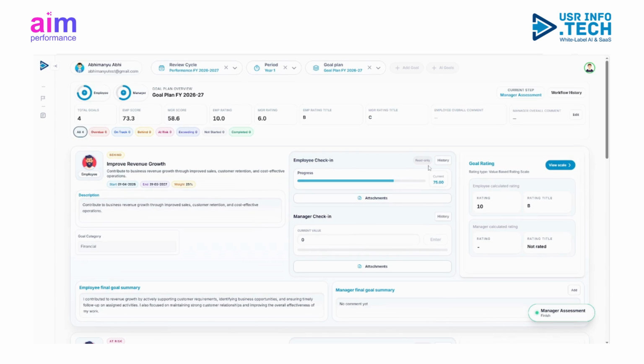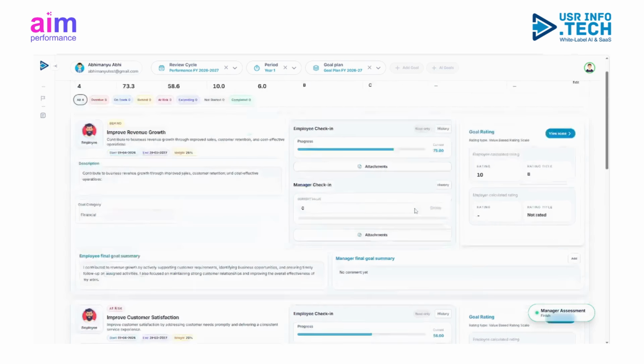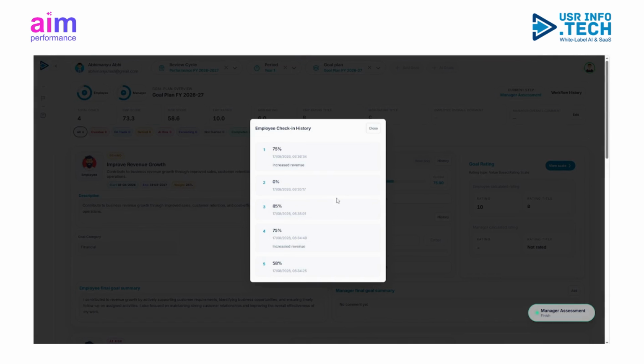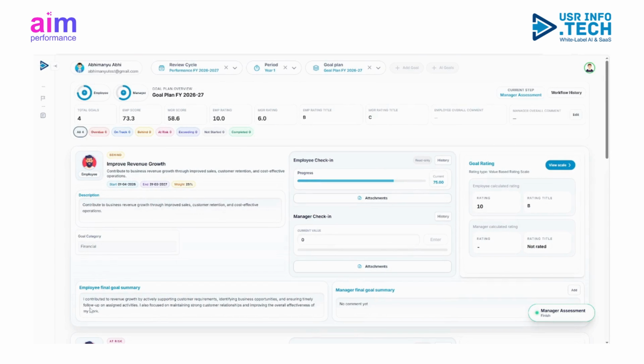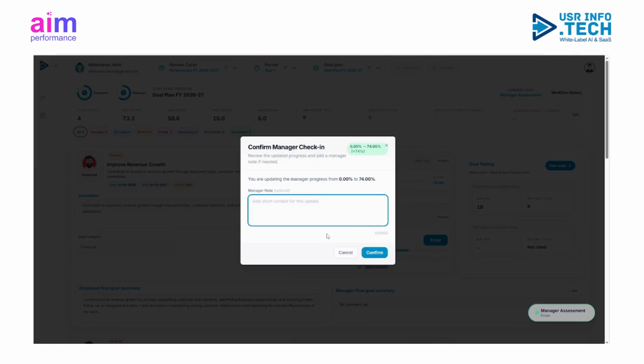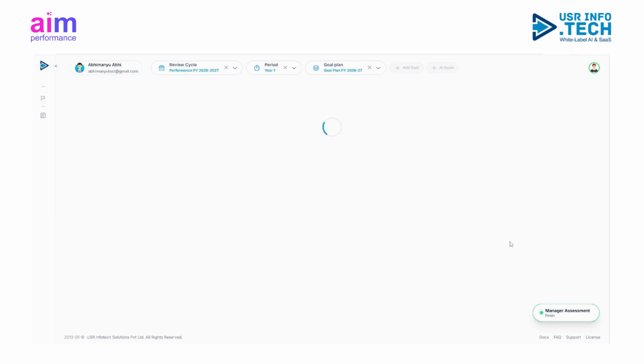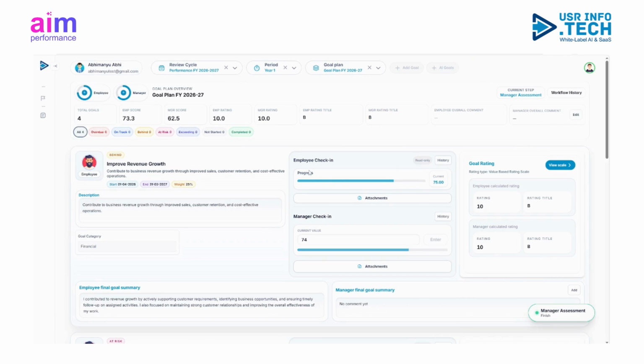The manager reviews the employee's goals and goal progress, along with the check-ins, self-ratings, and comments the employee has submitted. Together, these give the manager a complete picture of the employee's performance. The manager enters scores for each goal, and the manager's ratings are then automatically calculated based on these scores. The employee's overall score and the manager's overall score are shown side by side, giving the manager a clear basis